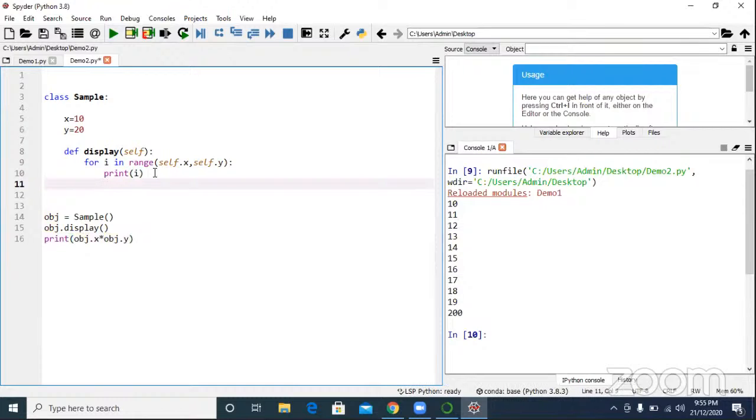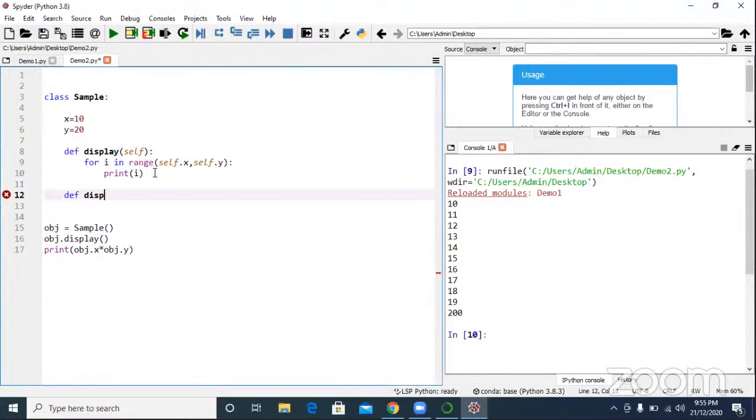Any number of methods can be there. Now, definition display even. Self is mandatory. Now, if you know functions in Java, C, C++, C# or any other technology, we can have arguments also.